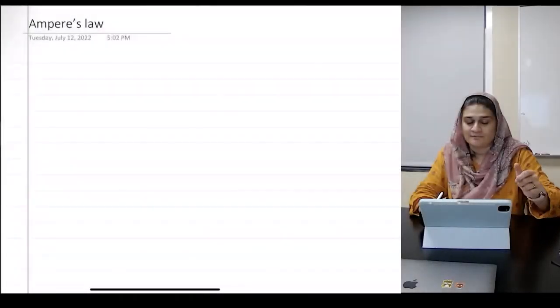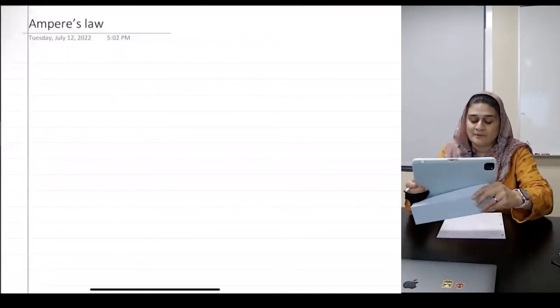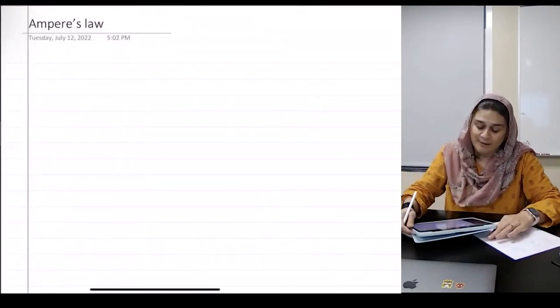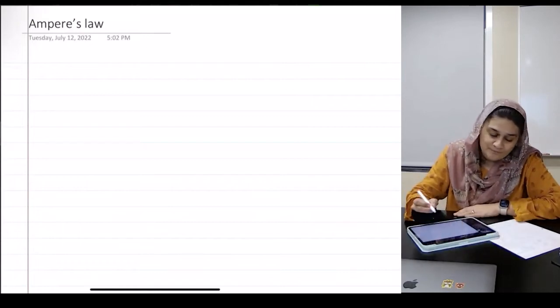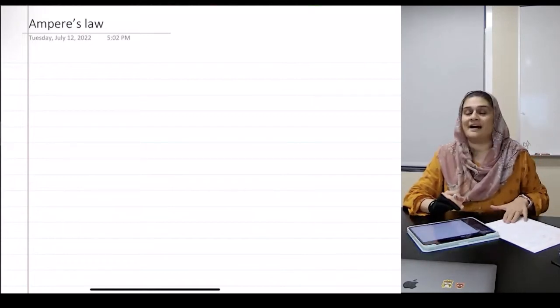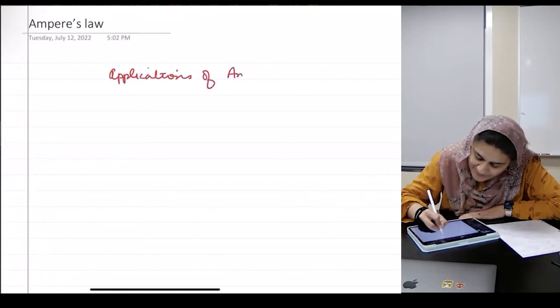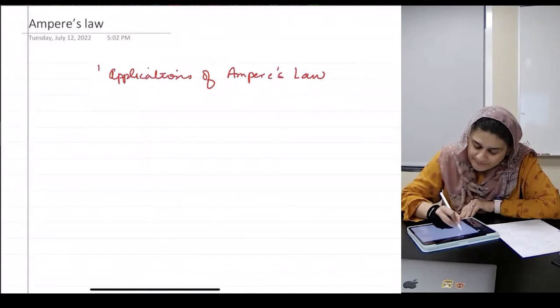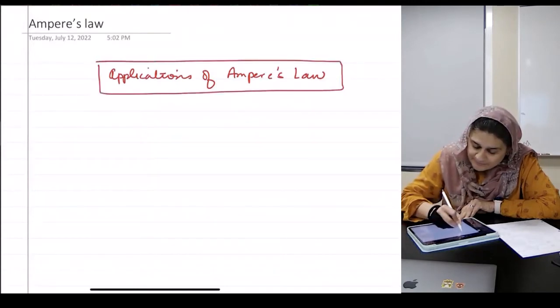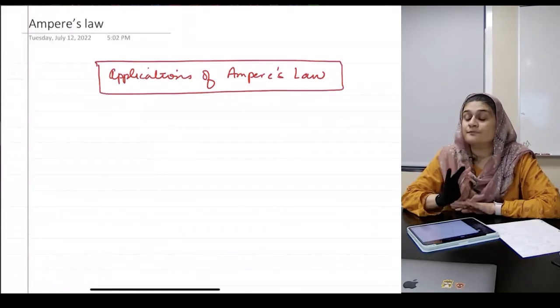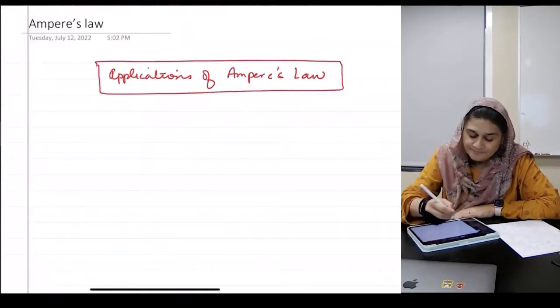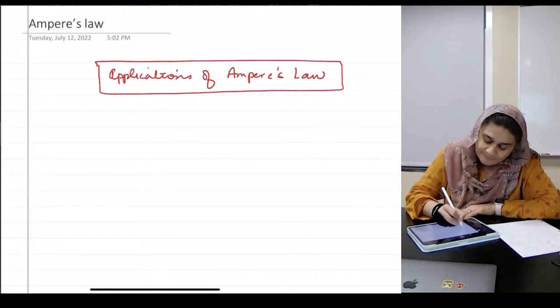We are going to start talking about Ampere's law now. I'm going to divide our study of Ampere's law into these 4 basic categories: applications of Ampere's law. So the 4 main things we're going to study are going to be